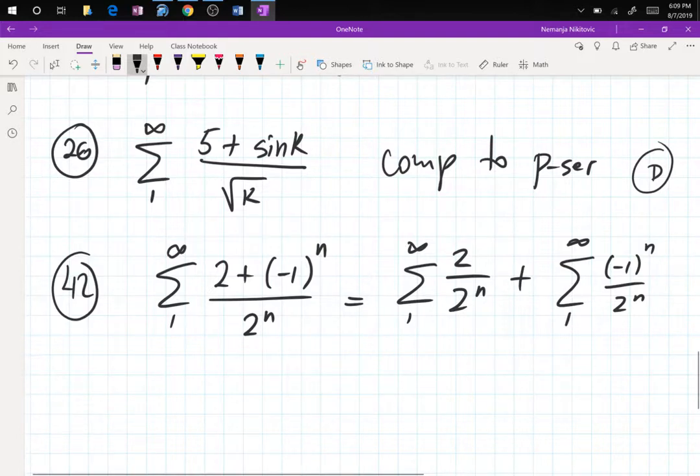And you are looking at two separate geometric series. So it splits in the numerator. You can do that in the denominator, obviously, but you can for the numerator. So it splits into two, and then you get